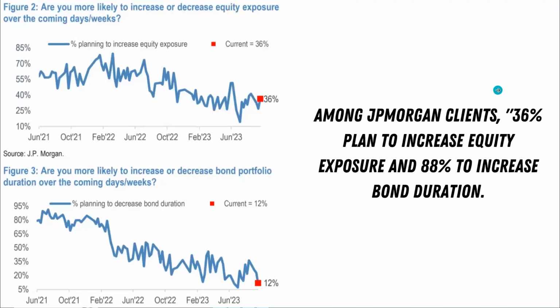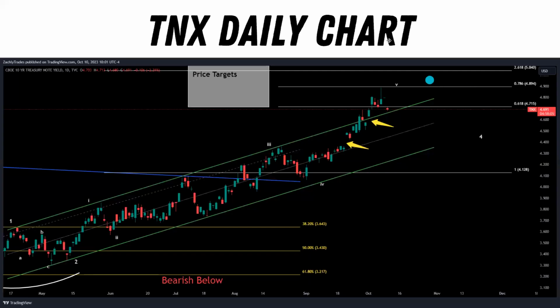So it's been a very difficult environment to navigate, but you have to keep your game plan in mind, right? Are you buying TLT or TMF or some of these bond ETFs for a short-term play, or are you buying them to hold them for a few years because they have attractive yields and you think in the coming years, if not sooner, the Fed will start to cut rates? These are the questions that you have to ask yourself, and you have to come up with a game plan before you dive into these things.